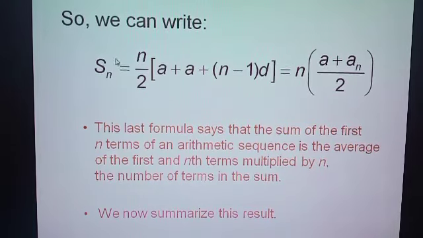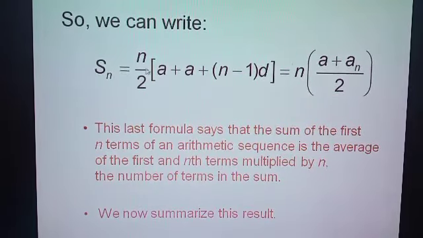So the other way you can also write this formula, that is Sn is equal to n by 2 into 2a. The 2a, if you write as a plus n minus 1 into d, here you can see this a plus n minus 1 into d is nothing but the nth term of the AP. So in the place of a plus n minus 1 into d, you can write an. Then the formula will become n into a plus an by 2. This an we can also call the last term, and it can also be written as small l. Then it will become n into a plus l by 2.